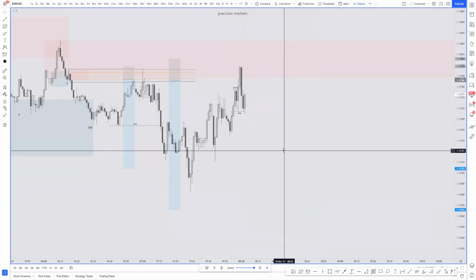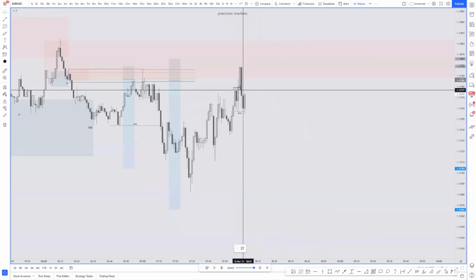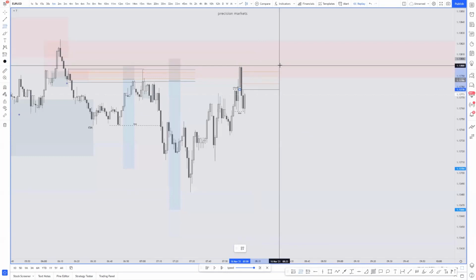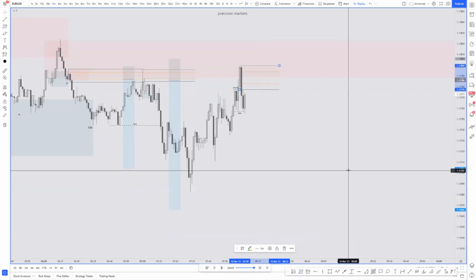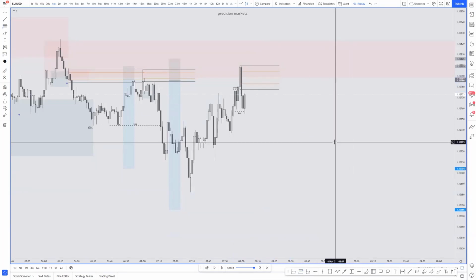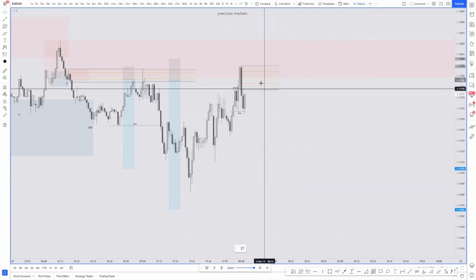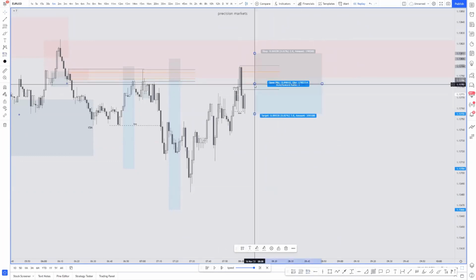So it is a bit of a large candle. Depending how you guys manage and stuff, if it's a really large candle, I rarely take the whole candle. The good thing about that is I can get my R's up by taking less. The bad thing is you will miss trades. So a lot of times,